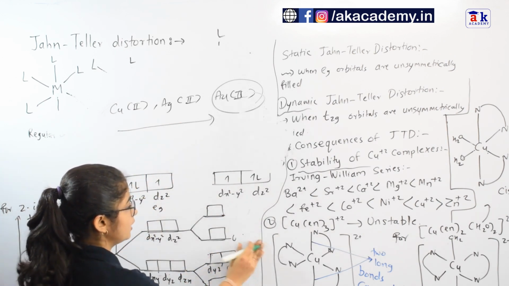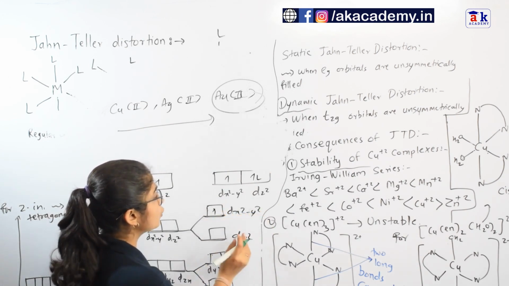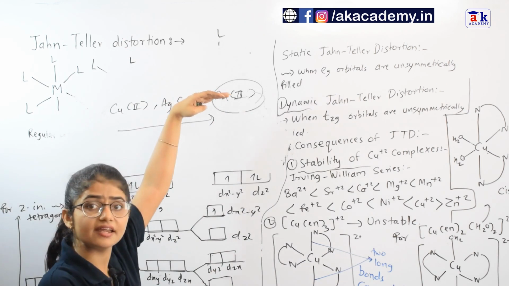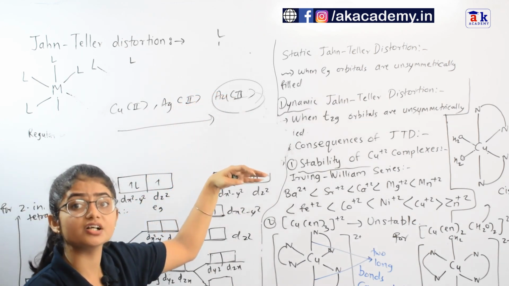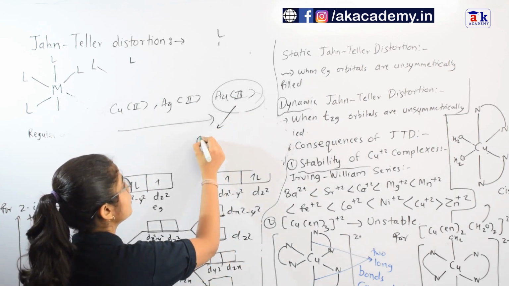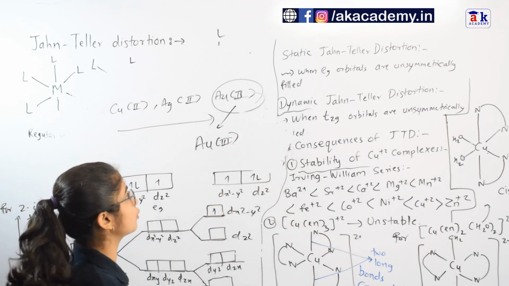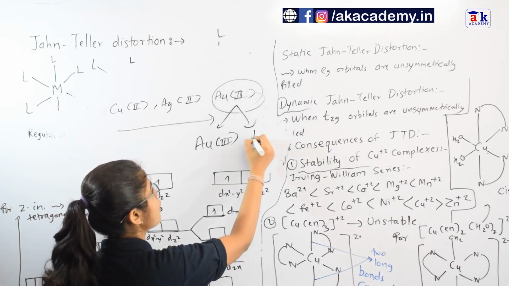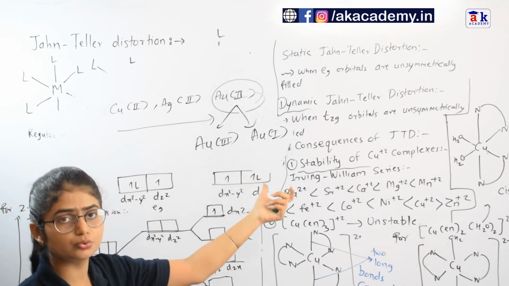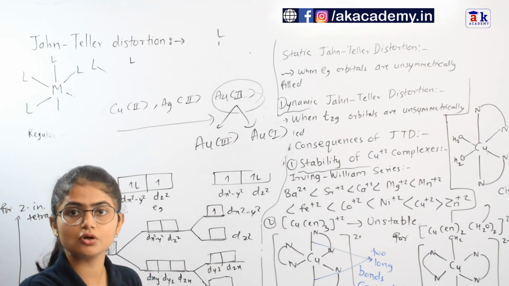That's why they are actually going to give a Z-out kind of situation. So the one electron that is going to be present in the dx square minus y square orbital of this Au2+ will be at a very, very high energy, and since it is at very high energy, it will be very unstable. So either it readily undergoes disproportionation. It will either get oxidized to form Au in +3, that is by giving out this electron, so that it gets the stability, or it may get reduced so as to form Au in the +1 complexes. So this is how Au in the +2 is very, very unstable, and that is actually a consequence of Jahn-Teller distortion.